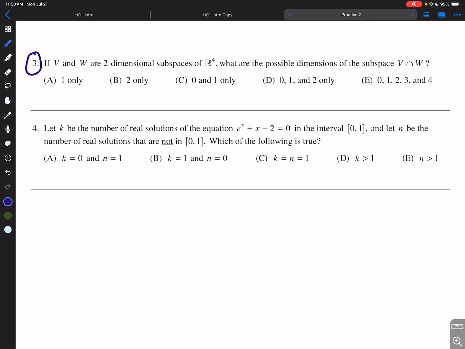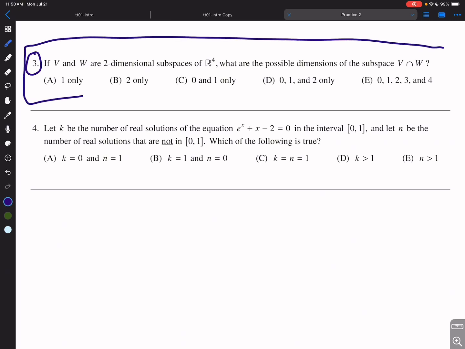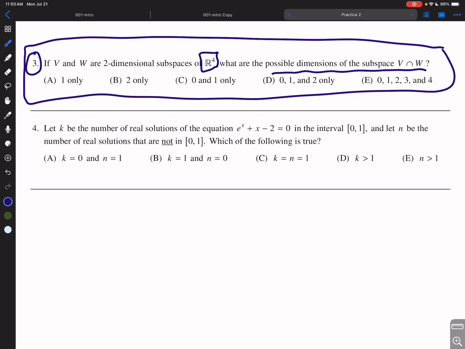We're grabbing another random problem, and this one asks us to consider two two-dimensional subspaces of R^4 and asks us what the possible dimensions of their intersection are. Now, I'll just go ahead and directly give you the fastest answer to this question, which would be, well, look,